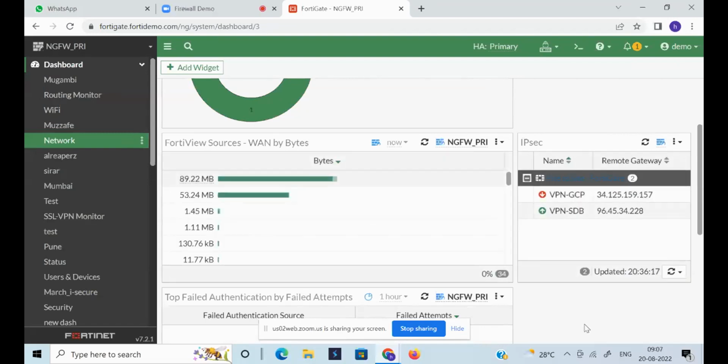In that scenario, these two interfaces are consuming 89.22 and 53.28 bandwidth, meaning whatever outbound traffic is going on interface 1 and interface 2, that bandwidth consumption is 89.22 and 53.24. So that is the meaning of this one, WAN by bytes, nothing but whatever public interfaces we configured. Okay,